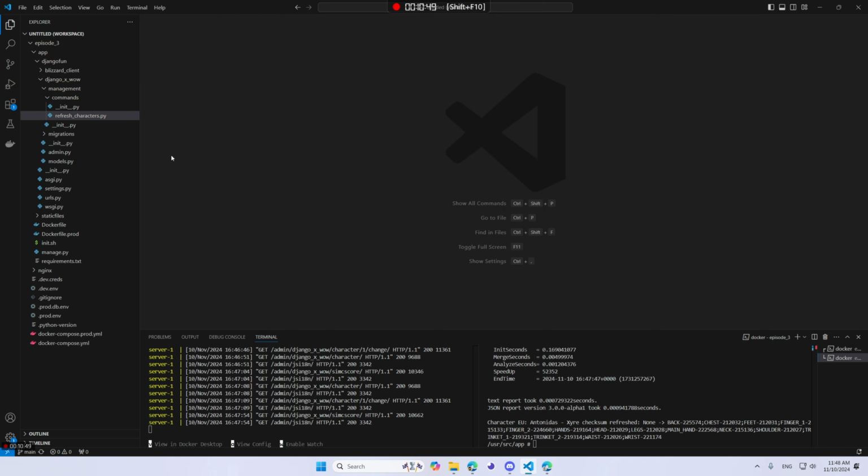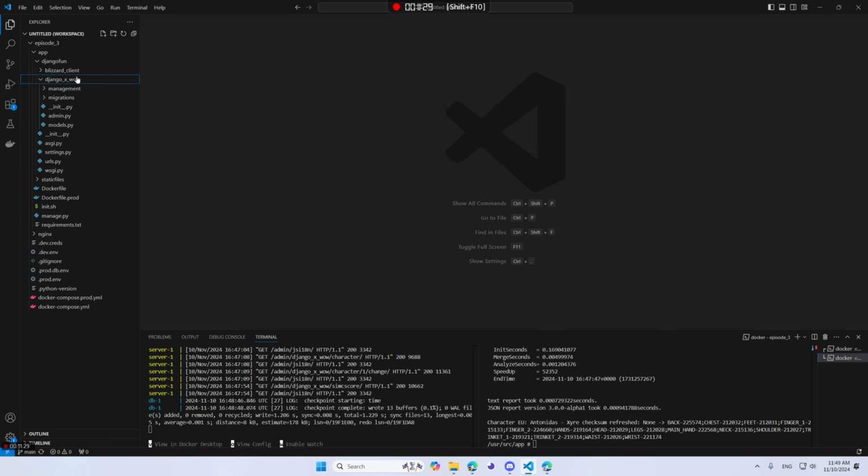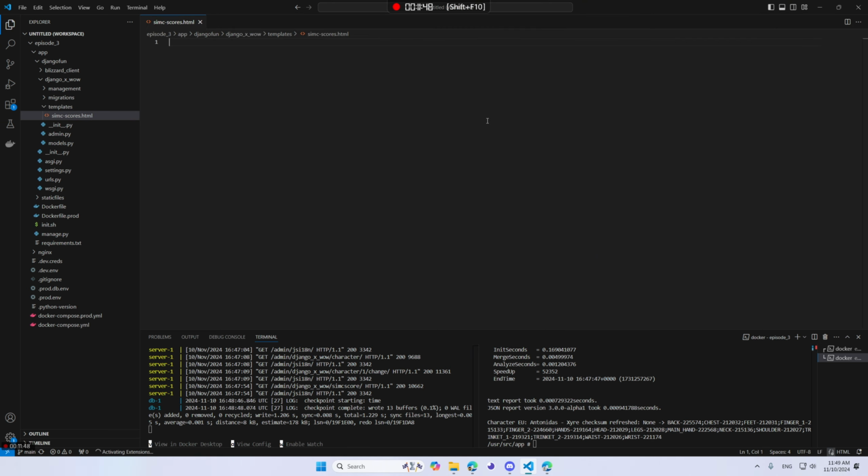So closing that out. If we're going to create an HTML file, we definitely need a templates folder. So templates. This time it's not a Python module, so we don't need the init file. For our page, we're just going to call it SimScores.html. And let's keep it simple. We're going to expose our scores as a JavaScript variable. So I'm going to do a script tag, and simScores equals